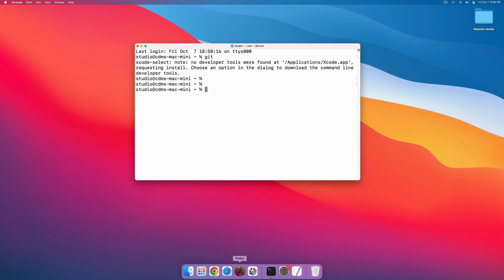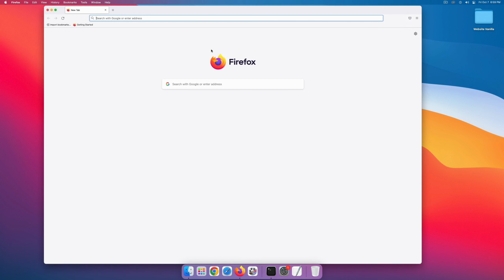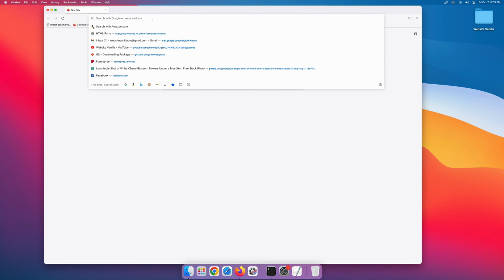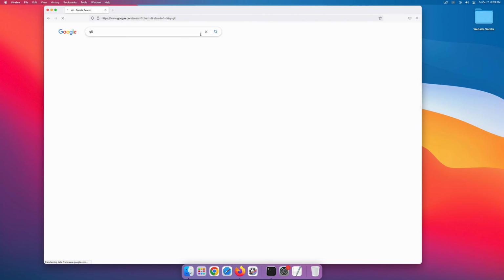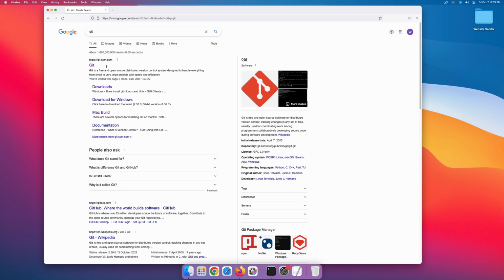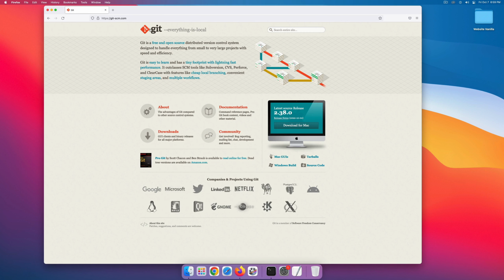So the first thing, let's open our browser and we're going to download Git. Just Google Git, and the first thing that populates should be the Git website. So I'm going to open that. That's the name of the website. I'm using a Mac, and automatically it has detected my system. But if you use Windows or Linux, you can just open the downloads and you see versions for Mac, Windows, and Linux. I'm just going to download the one for Mac because I'm using a Mac.